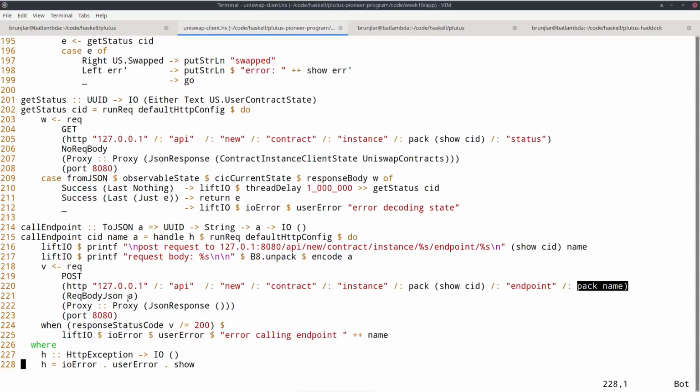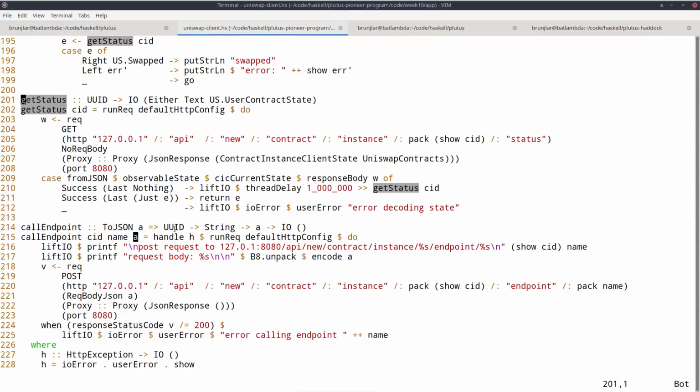And the request body, that depends, of course, on what parameters. So this is just a parameter here. That's the third argument in the function. The response will always be unit. And I just check whether I get a 200 status code or not.